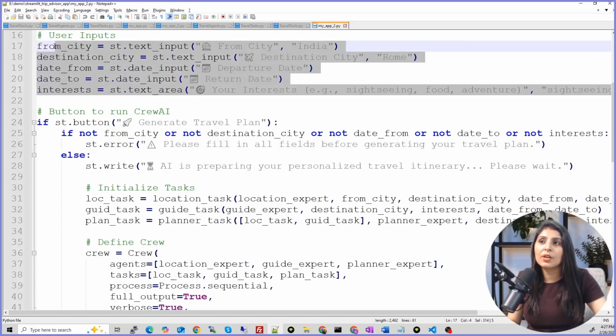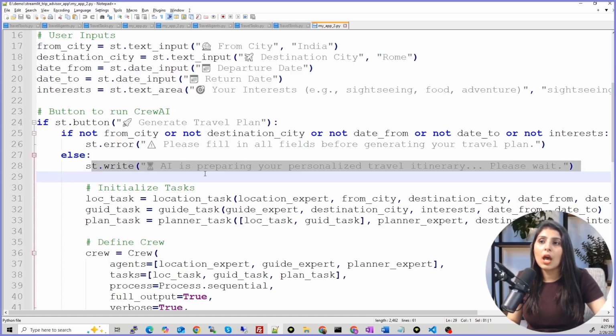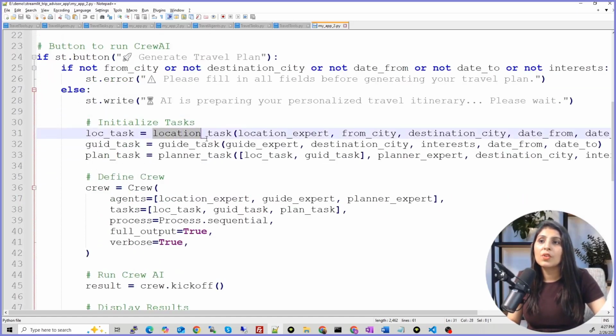And if the user provided all these values, then the app will work and we are performing the different tasks. See, location task, guide task, plan task. We are assigning the location task to the location expert, the guide task to the guide expert, and for the planner task, the guide task and location task. On the basis of these 2 tasks, our planner task will perform and give us the final output.